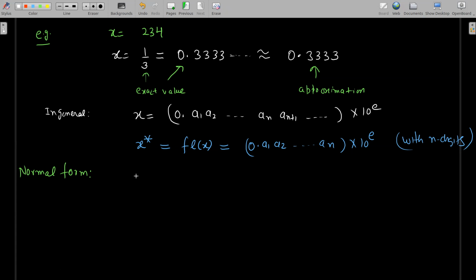I write a number x equal to 0.a1 a2 ... an, and the approximation is denoted by 0.a1 a2 ... an multiplied by 10 power e, where a1 is non-zero. So usually we represent the number in this form. अब नॉर्मल फॉर्म क्या है? आपने 0 पॉइंट समथिंग लिखना है, दैट फर्स्ट डिजिट मस्ट बी नॉन जीरो।